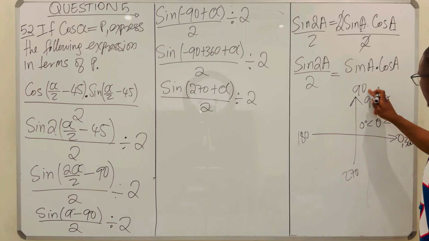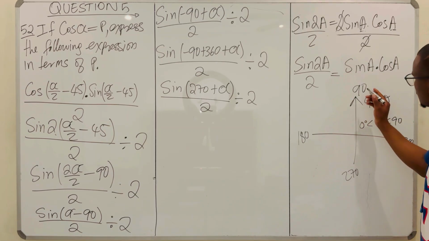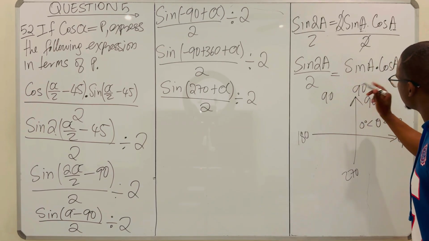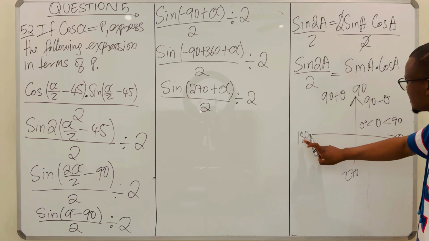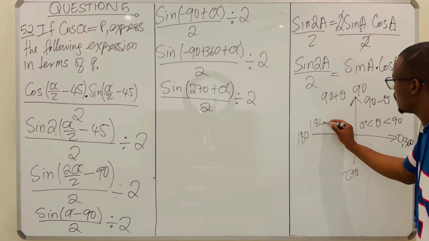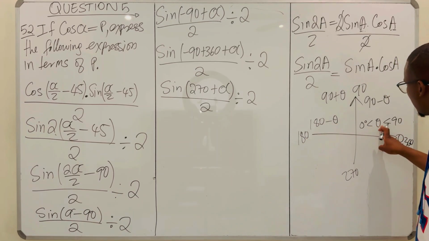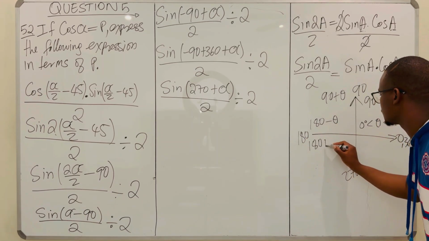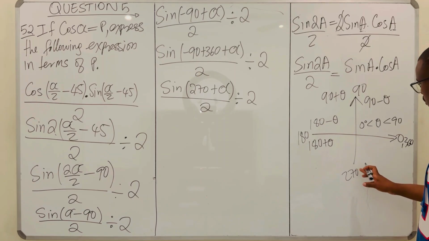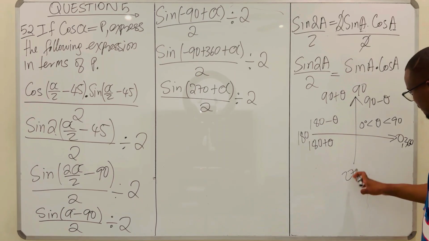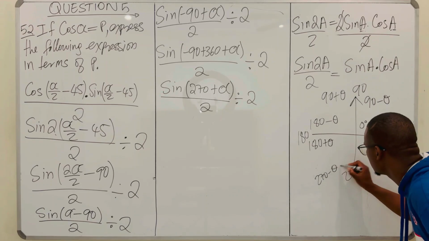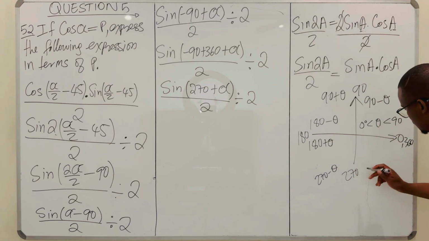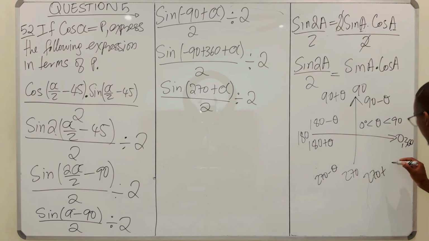So if you subtract theta from 90, it will fall in the 1st quadrant. If you add theta on 90, which is if you add an acute angle on 90, it will be on the 2nd quadrant. If you subtract an acute angle from 180, it will be on the 2nd quadrant. On 180, if you add an acute angle, it will be on the 3rd quadrant. If you subtract an acute angle from 270, it will be on the 3rd quadrant, right? If you add an acute angle to this 270, it will be on the 4th quadrant. If you subtract an acute angle from 360, it will be here,